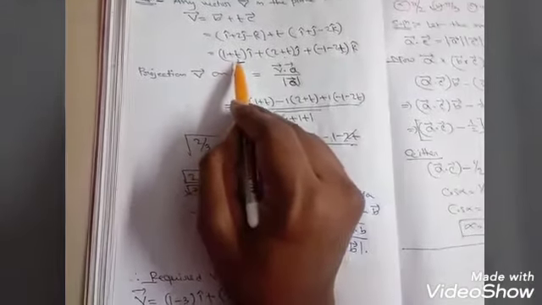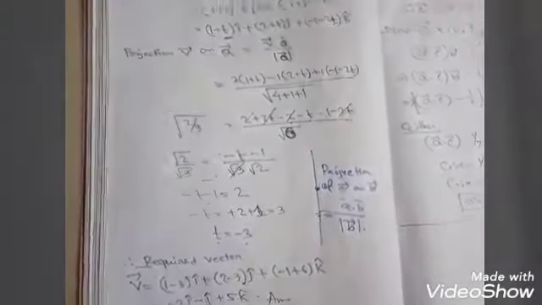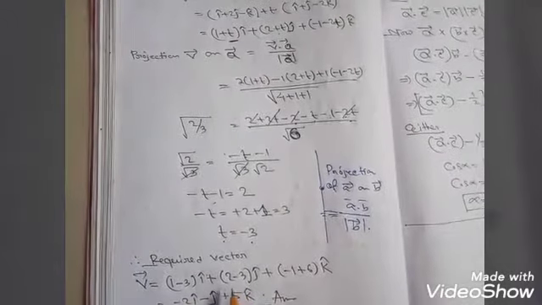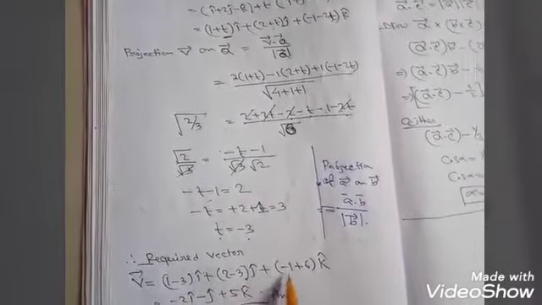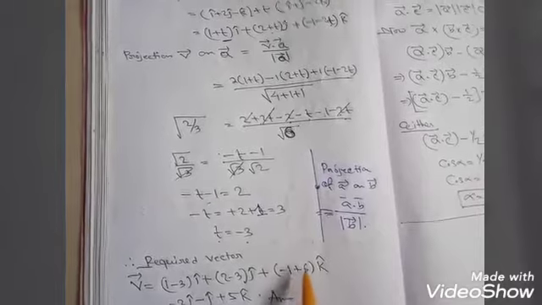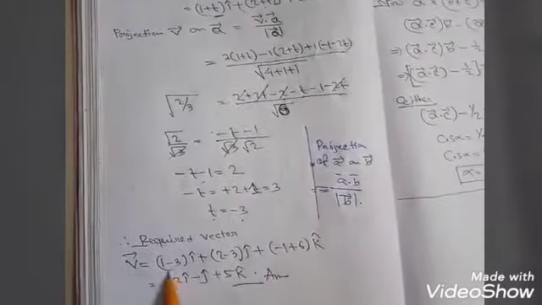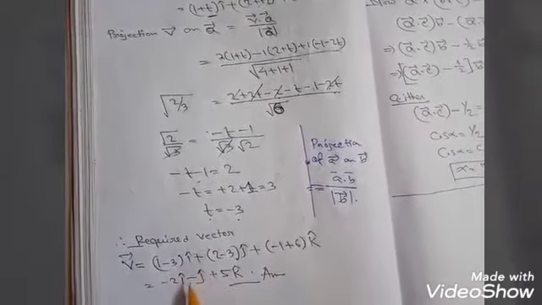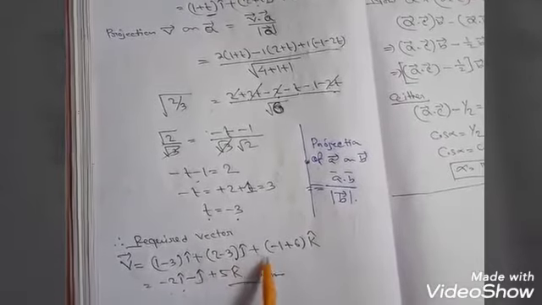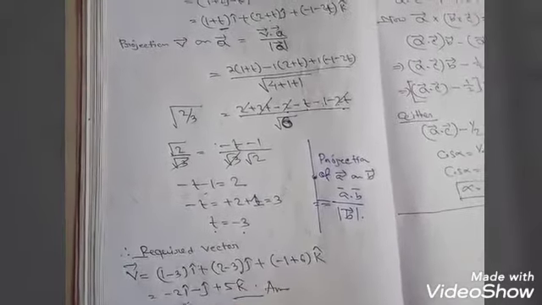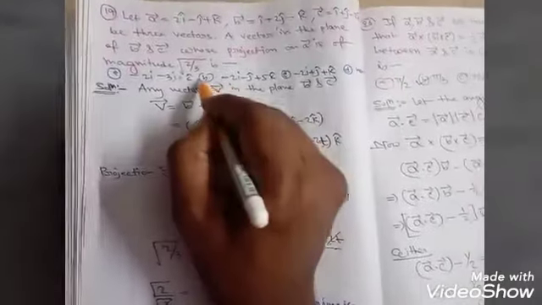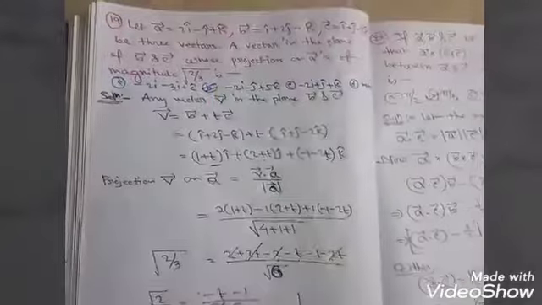so we will get vector V. So required vector V equal to 1, 1, t. T means minus 3. So put here minus 3i plus 2 minus 3j plus within bracket minus 1 plus 6, bracket close, k. So 1 minus 3 is minus 2i, 2 minus 3 is minus j, 6 minus 1 is 5k. Minus 2i minus j plus 5k. Which one is correct? So see option B. This is correct.